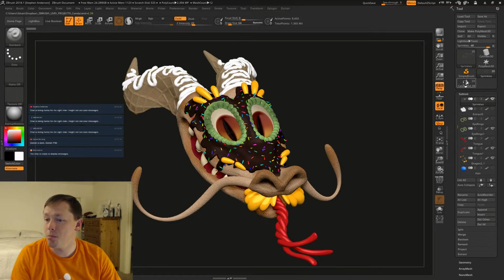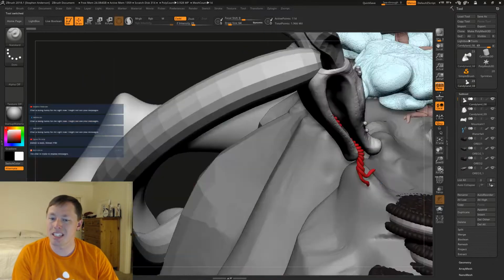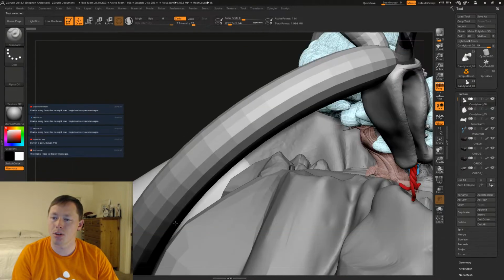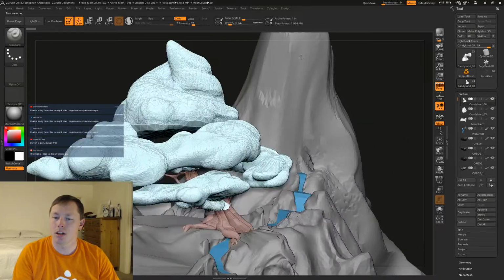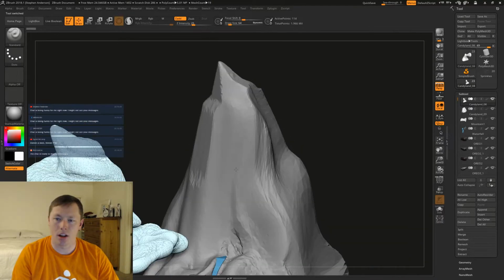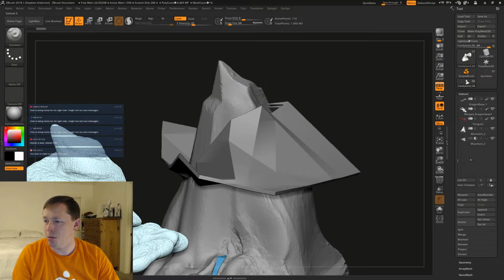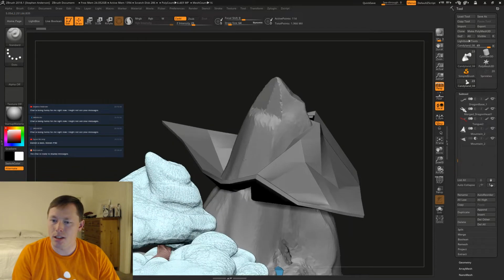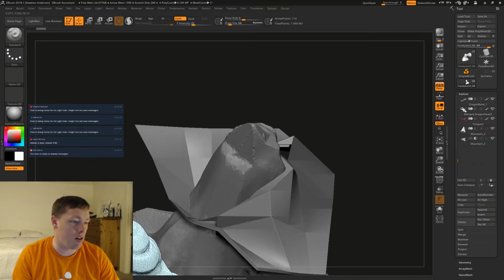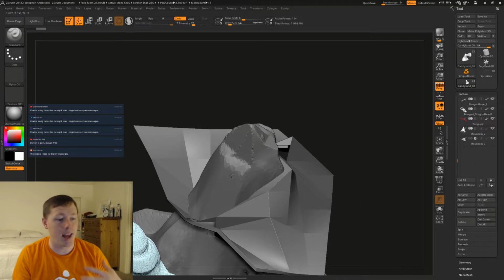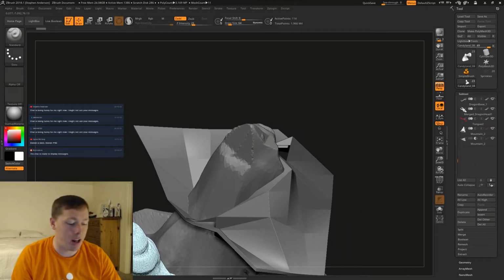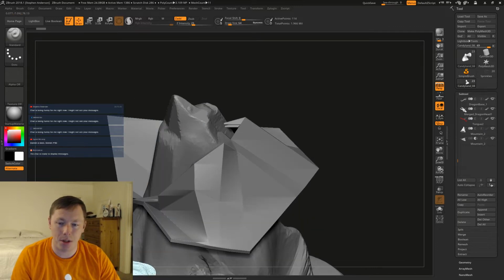So I've got my dragon loaded up, and I also have my scene loaded up. Okay, what I want to do is come clear down here to the bottom, because this is giving me a good outline for what I want my mountain breakup to look like, at least for this top piece.